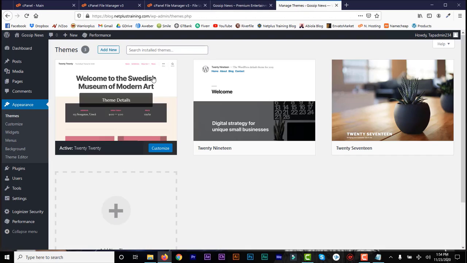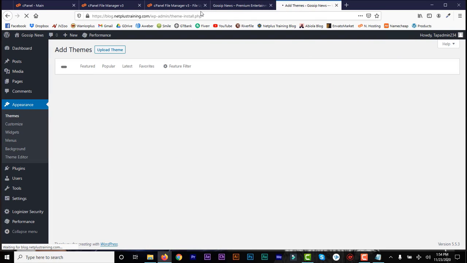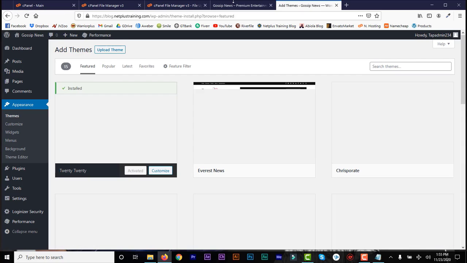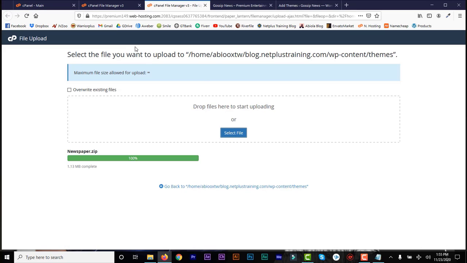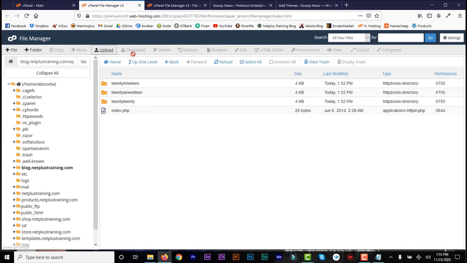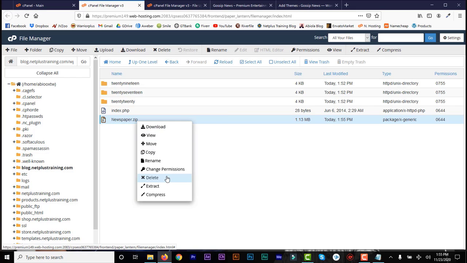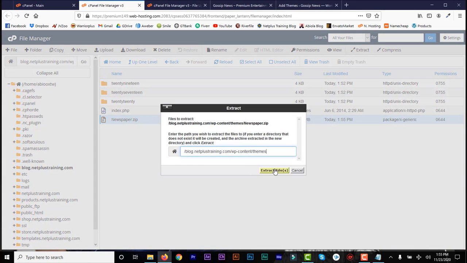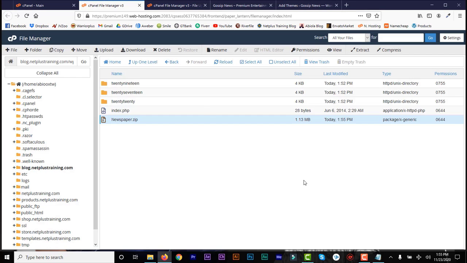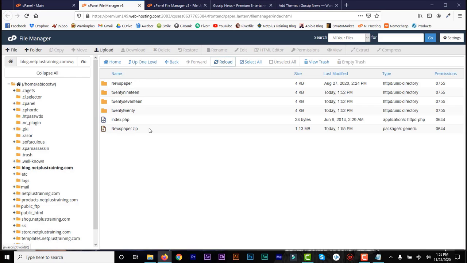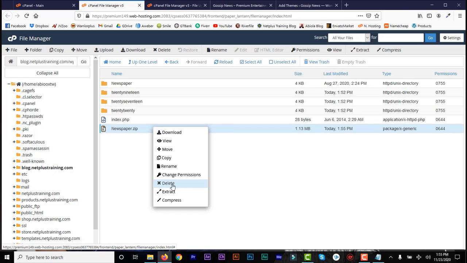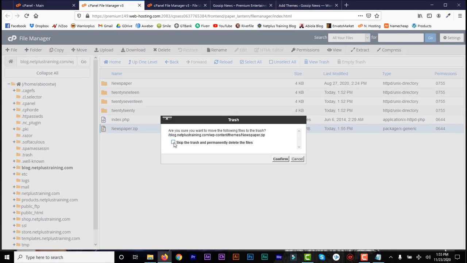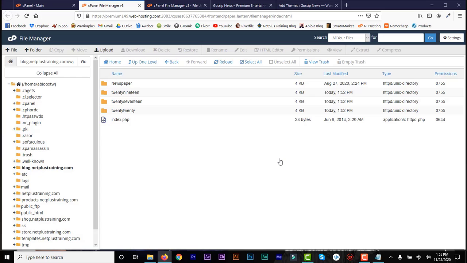And of course, you can always go to themes and install upload theme and install that. So I've done that. I can always go back and refresh, and now I have the newspaper theme, and I'm going to extract, close, refresh, delete. I have the newspaper now. I can delete this. I don't need a backup, put it in trash, and now go back to